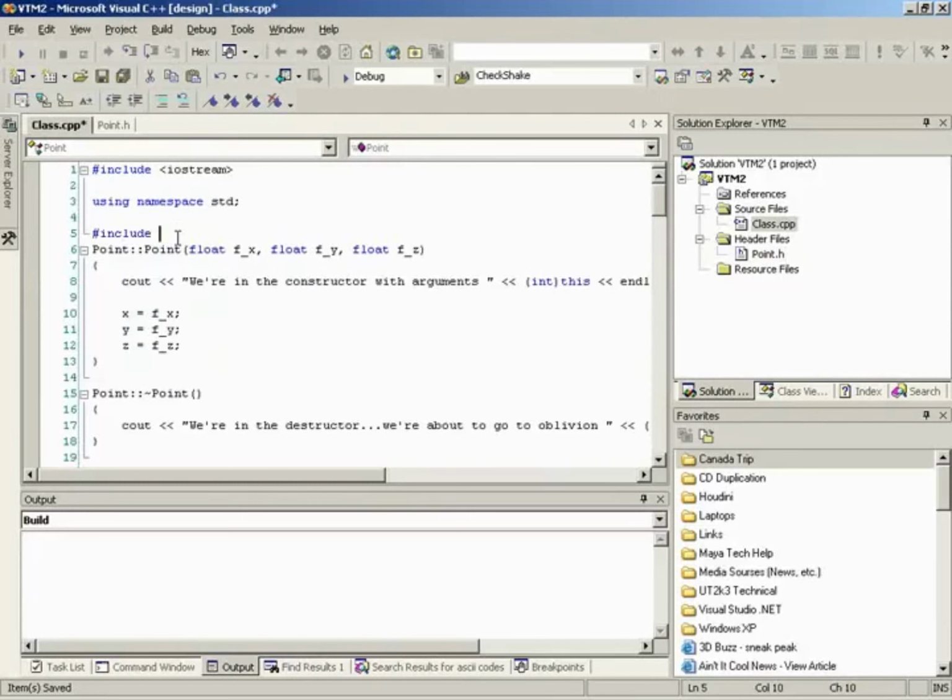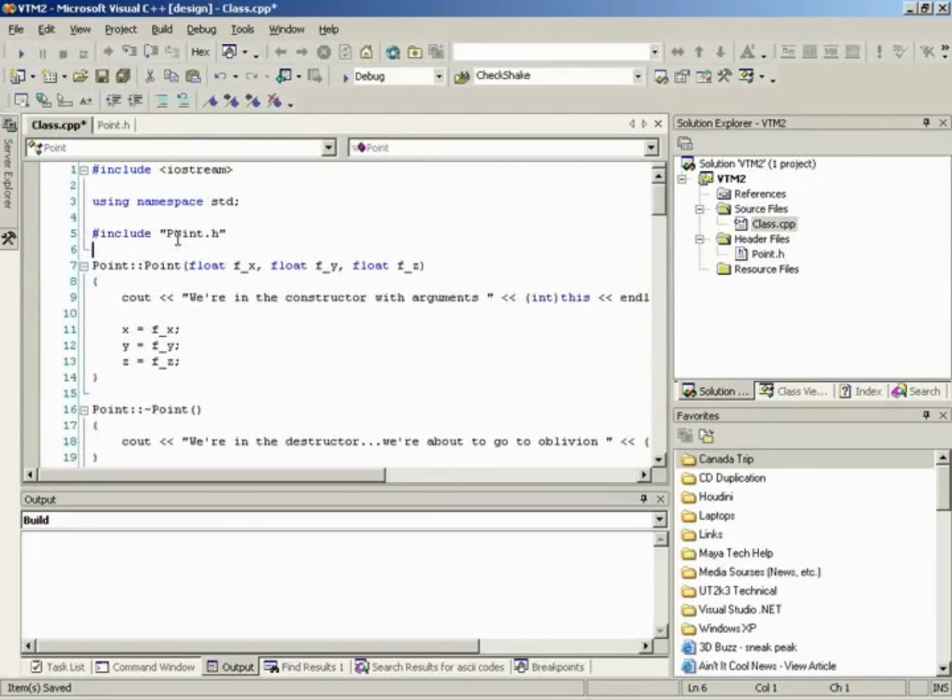So no, not colon. That's point dot h. You'll notice something that Joel did. He used quotation marks instead of angle brackets. Yes, this is a very important thing. Why don't you elaborate? You typically use quotation marks if it's a header file that you made and resides in the same directory that you're working in. Right, so it looks in that directory first, as opposed to the angle brackets,